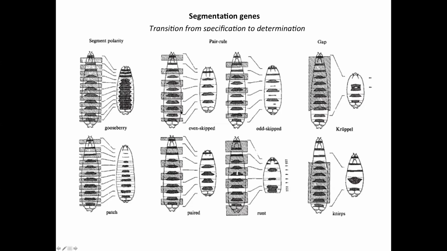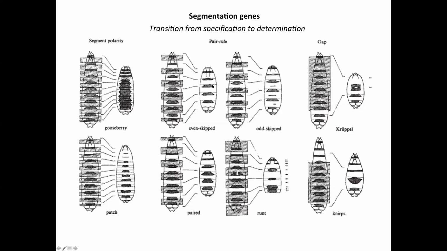And the other one is called even-skipped because the odd segments are, however, mixing it up, whatever is present here is gone there. So the even ones are seen and the odd ones are gone. Now paired, runt are different pair rule genes because the gaps and a part of the other segment were gone. So you can see that